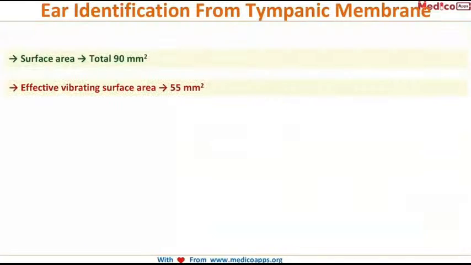Okay, so a few more points about tympanic membrane. The total surface area of tympanic membrane is 90 mm square. However, the effective vibrating surface area is only 55 mm square. So the surface area in toto is 90. Effective vibrating surface area is only